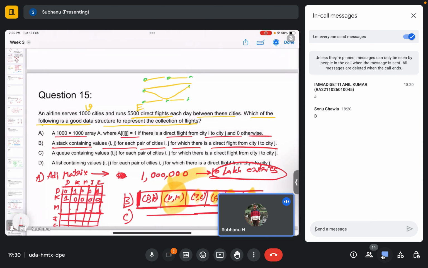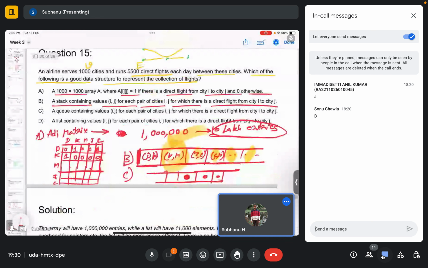Also the same thing for the queue. You can't access this point without accessing this or this point. Got it? So that's why what we can do is use a linked list,